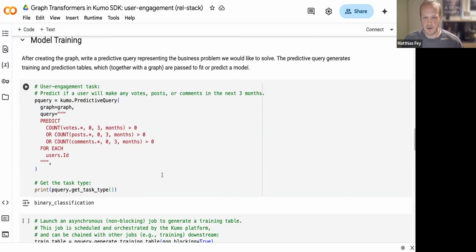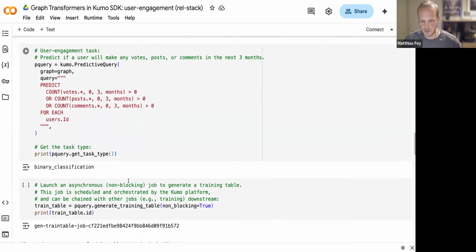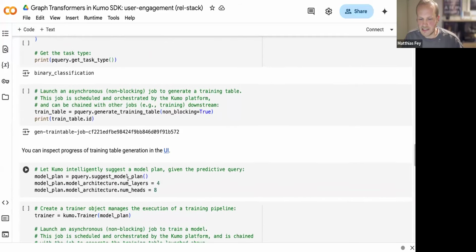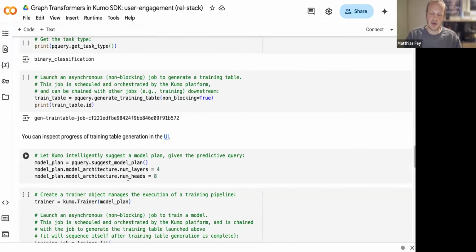You can see that predictive query now infers this task type here as binary classification, which makes total sense. So we would expect probabilities at output, or true or false per user. We are now ready to start our training table job, and this training table basically acquires training labels from historical or past information. And this training table is then also used to pass to the model in combination with the